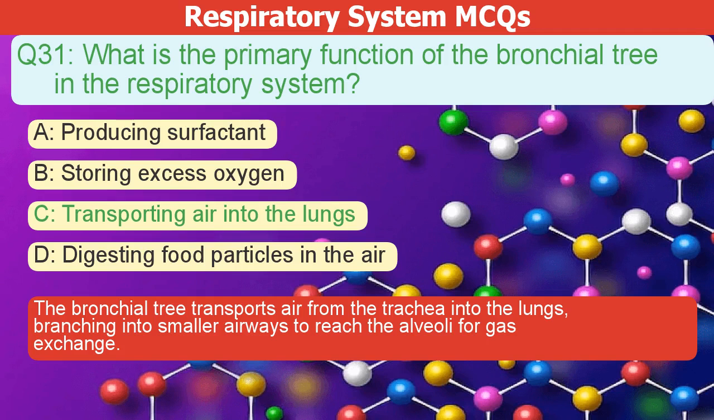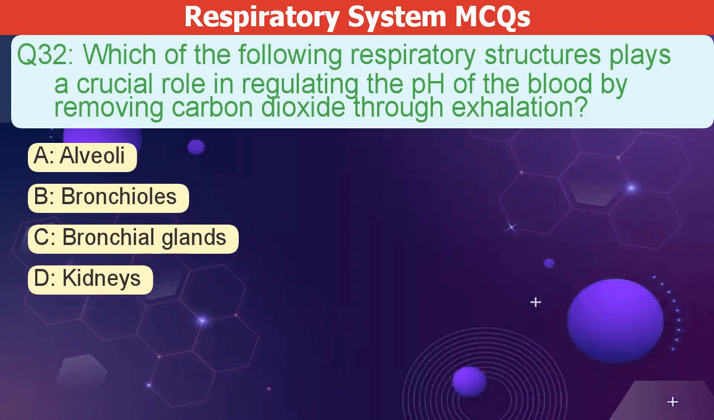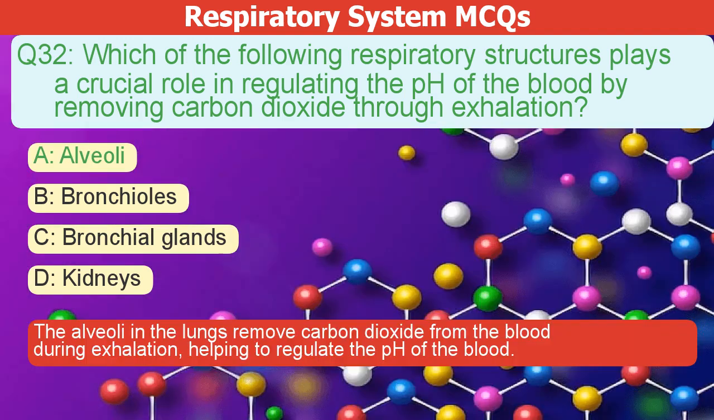gas exchange. Which of the following respiratory structures plays a crucial role in regulating the pH of the blood by removing carbon dioxide through exhalation? A. Alveoli. B. Bronchioles. C. Bronchial glands. D. Kidneys. The correct answer is A. The alveoli in the lungs remove carbon dioxide from the blood during exhalation, helping to regulate the pH of the